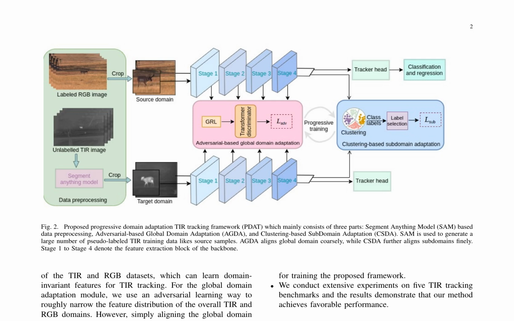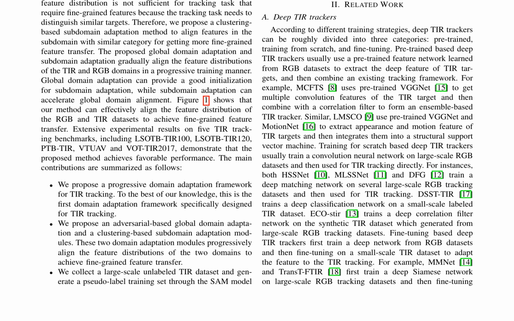achieve fine-grained feature transfer. The PDAT framework is evaluated on 5 TIR tracking benchmarks, including LSOTB-TIR100, LSOTB-TIR120, PTB-TIR, VTUAV, and VOT-TIR2017, and demonstrates favorable performance. The main contributions of this work include proposing a progressive domain adaptation framework for TIR tracking, proposing an adversarial-based global domain adaptation and a clustering-based subdomain adaptation module, collecting a large-scale unlabeled TIR dataset, and generating a pseudo-label training set